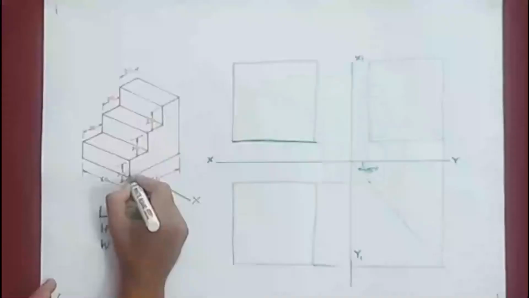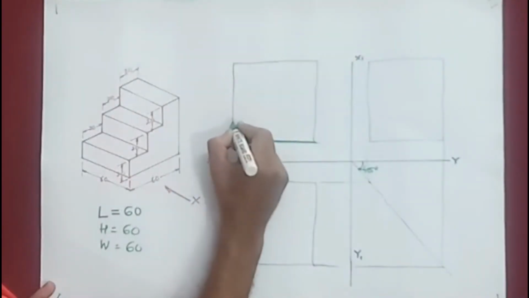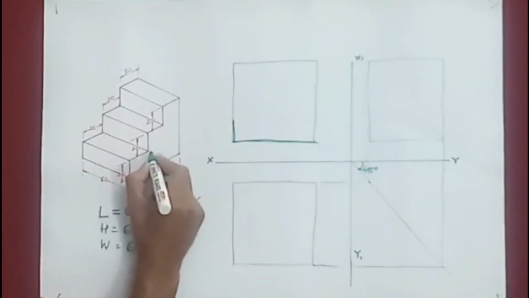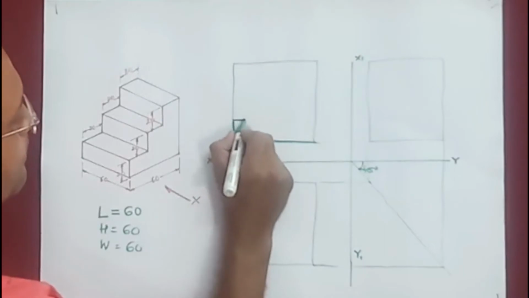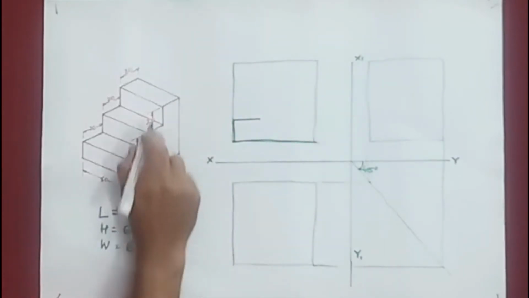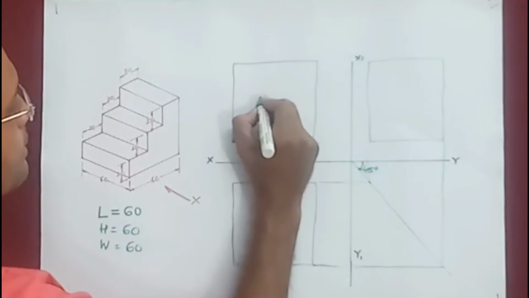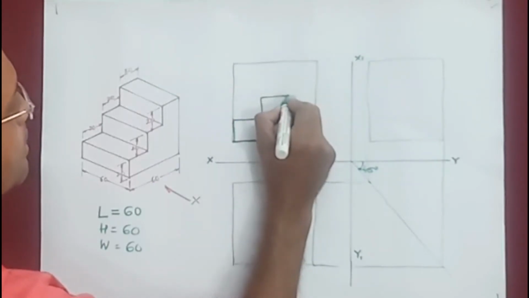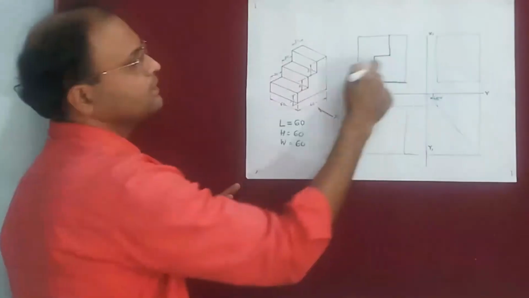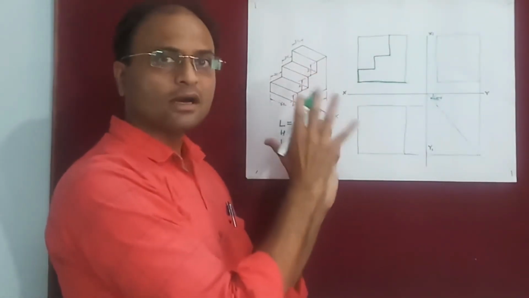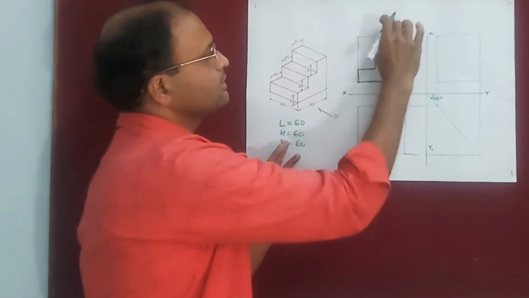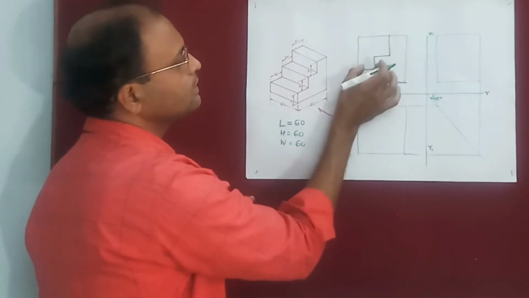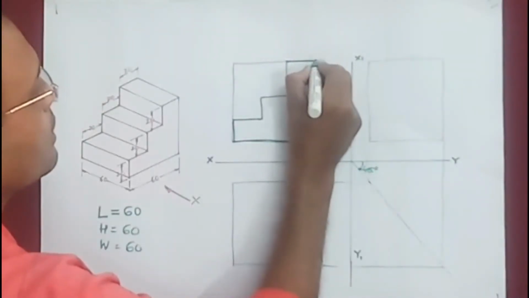Okay, so now this edge will be seen at a height of 20, so take 20 mm height and draw this edge. Then as we see here, this edge of length 20 will be seen, and then again this edge with 20 mm height, 20 mm length, and again 20 mm height. Remember, the figure which I have drawn is not to scale, but I hope you will understand that while taking the measurements we have to take these distances as 20 mm each. So 20 vertically, 20 horizontally. Okay, and finally we have to complete this.